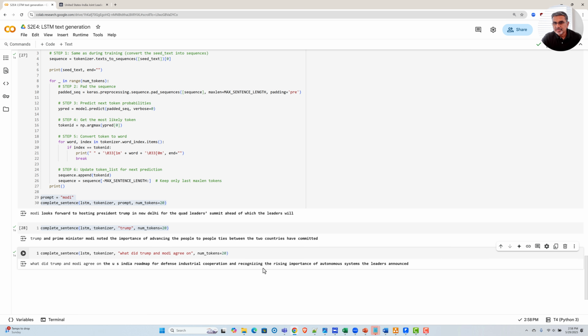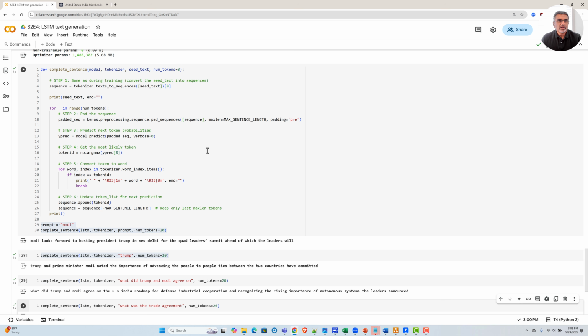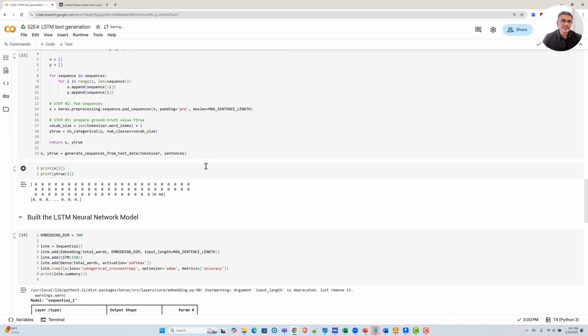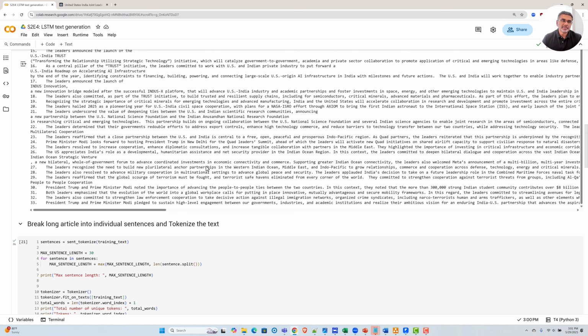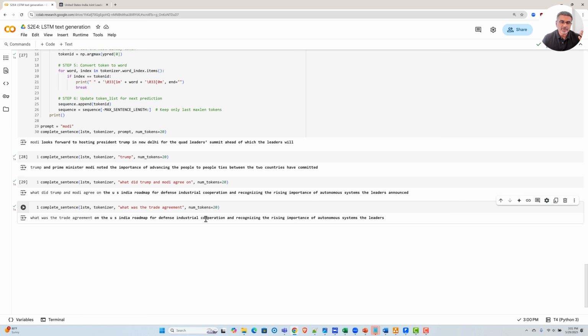Obviously it's not putting sentence markers like periods, because the way you do that is you train the neural network to show where a sentence ends. We are not doing that, so that's fine. But I think it's again done a very good job. So as you can see, our small LSTM network is doing a pretty good job of completing sentences. Now, obviously, if you train it on many more articles, give it more training time, and build maybe even a larger network, it will start to make more accurate predictions. But I think it's pretty impressive, even what our small toy LSTM network has done so far.